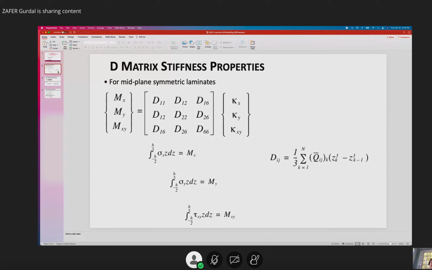They hardly design laminates with B matrices unless you're doing something like the forward swept wing, where you actually had to create these different coupling terms in the wing design. So by excluding the B matrix, the bending moment resultants are the resultant of the sigma x, sigma y, and tau xy stresses integrated after multiplying